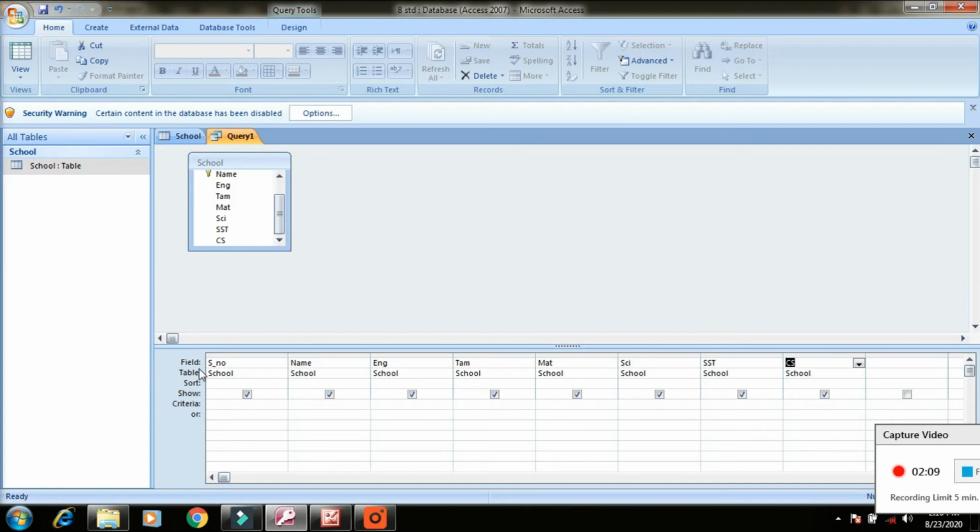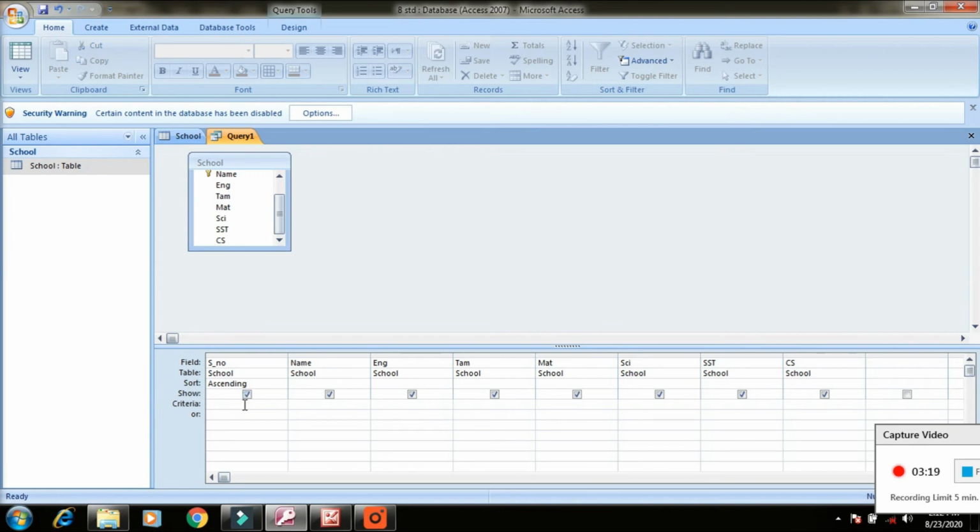The third one, sorting, right? The show option is there, no, that one. Show option: after calculating and getting the result, we have to decide whether the system shows it to you or not. When the tick mark is ticked, it will be shown to you. If unticked, the options will come. That means the ascending order will come, but it will not show to you because I unticked. Yeah, so ticked. Then criteria.